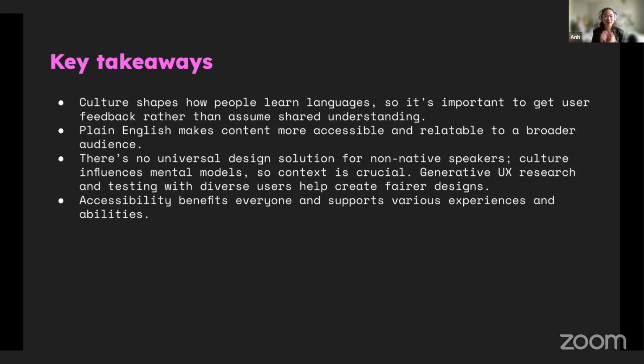Let's include different groups and populations of users in your research, and consider asking them what might be confusing. Accessibility and good UX writing benefit everyone, and they support various experiences and abilities. And as I said before, even though this talk is for non-native English speakers, it can also benefit users